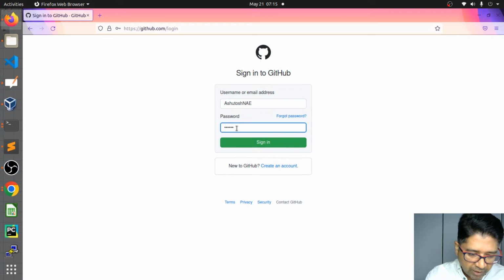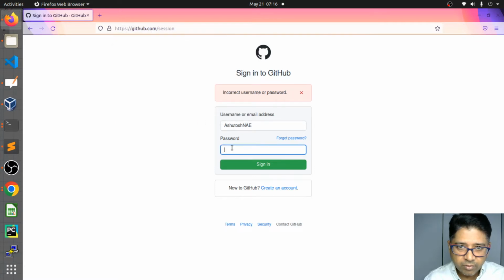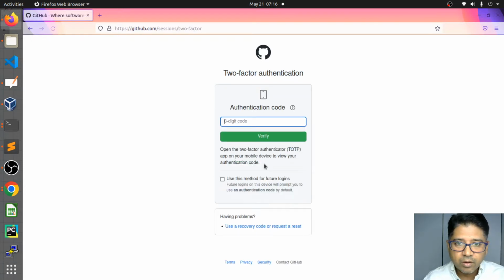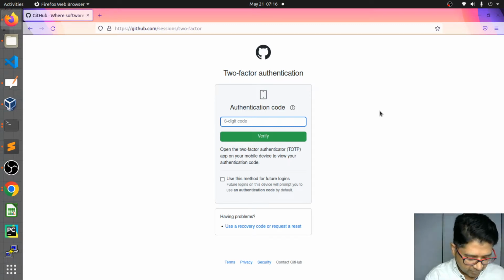If you have not enabled two-factor authentication, this page will not pop up. You have to use two-factor authentication. This is the industry-level practice. Then this page will appear. Then you have to download